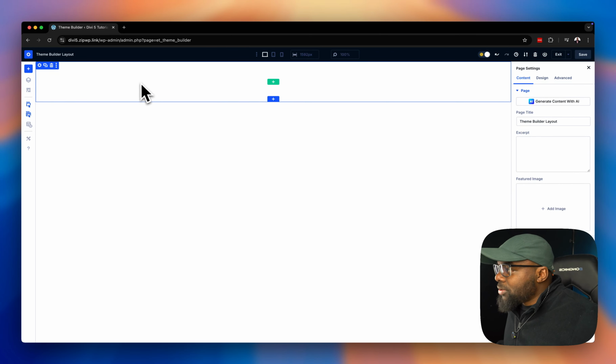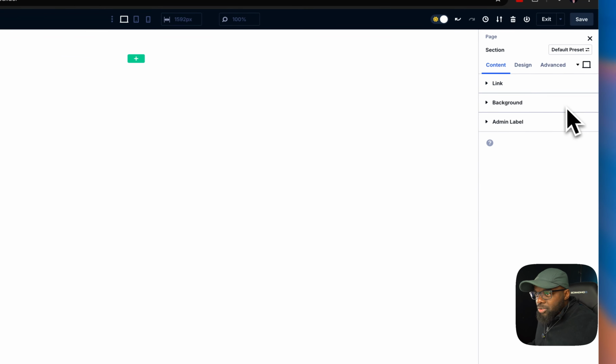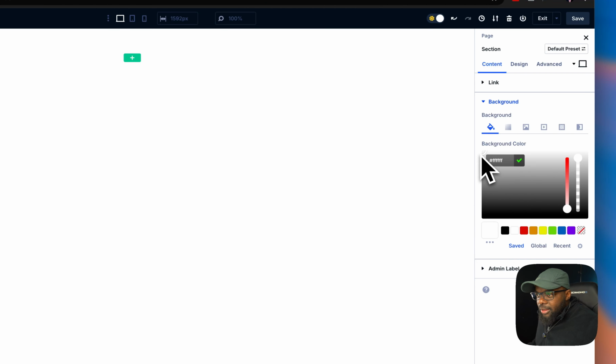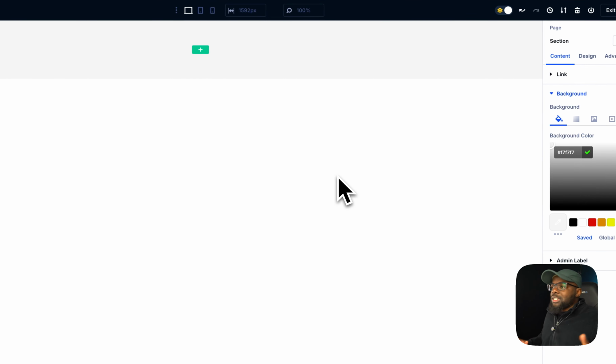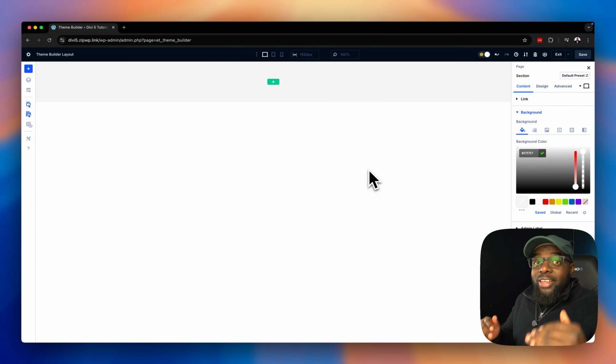All right, so what we're going to do now is start off with the background. So let's give this a very light background. I'm going to click on this section gear icon. We're going to go to background and we are going to give this a slight gray. So let's start off with white, then click inside here, and just drag this down a little bit so that we can see that slight gray. The reason why we do this is because we want to see where our main header actually ends